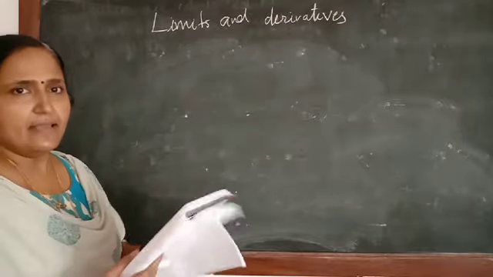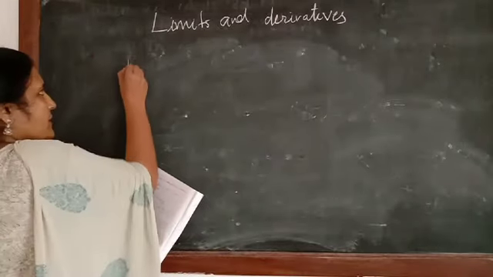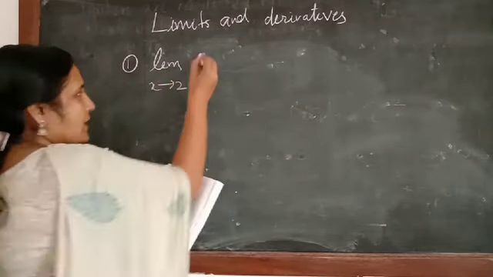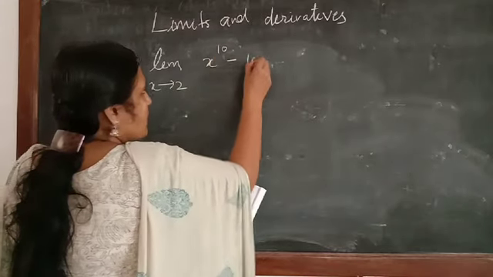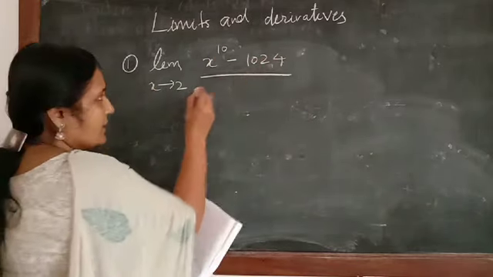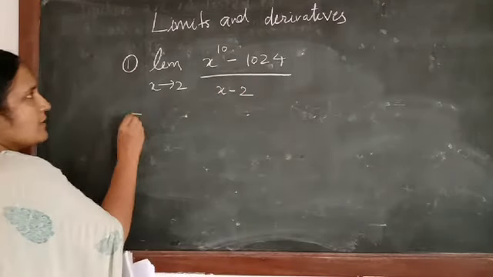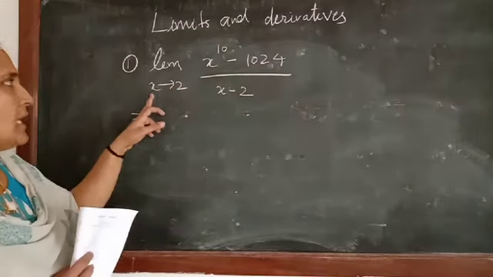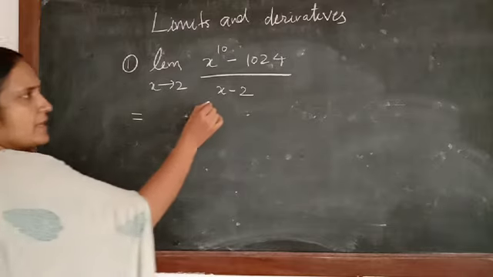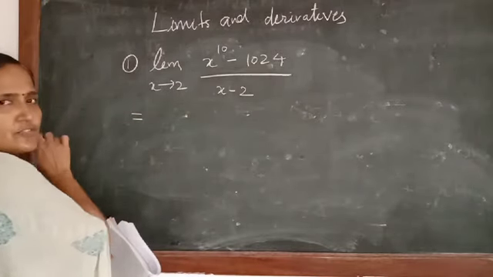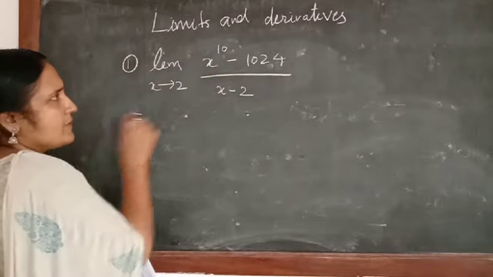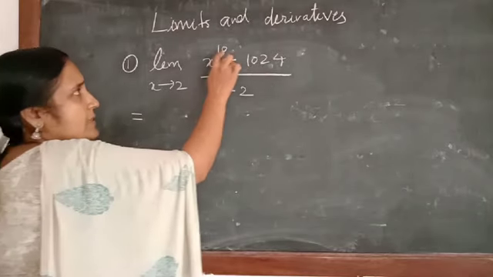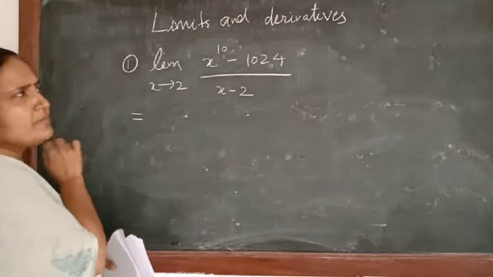Question is evaluate the following. In that, the first question is limit x tends to 2, x raised to 10 minus 1024 by x minus 2. We have to calculate x raised to 10 minus 1024 by x minus 2, limit x tends to 2. So this part is okay. X minus 2, here also x tends to 2 only. X raised to 10 is written. But whatever number we are writing here, the same number should come here also, and the power should be same only. So now we have to check whether